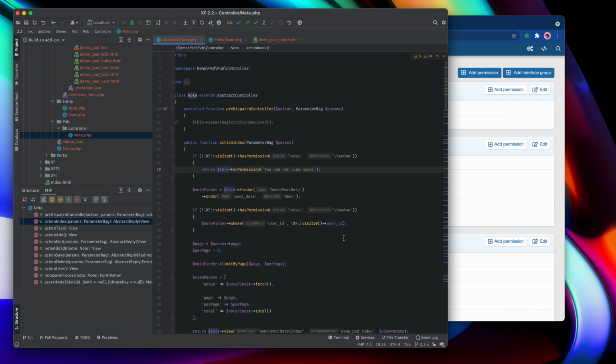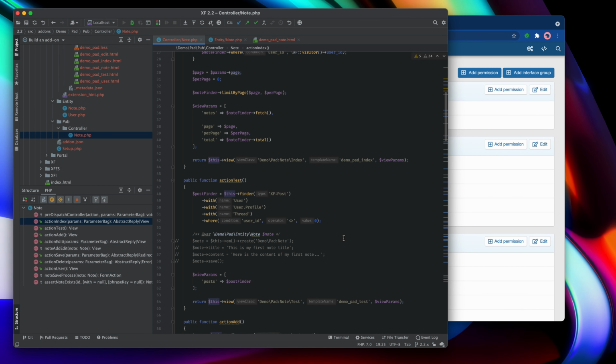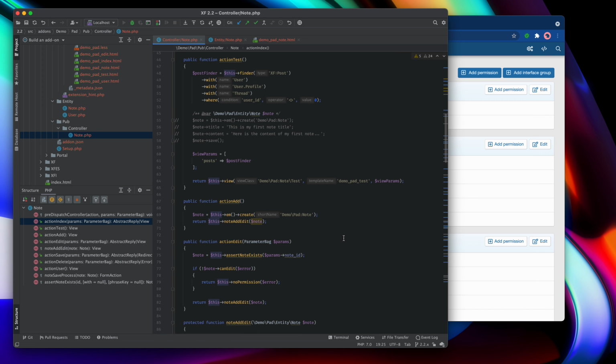There's just one final permission to implement from the selection that we built earlier, and that is the permission to create new notes. So we're just going to do this in the controller, because at this point we don't have the ability to query a particular entity. We're just creating a skeleton here.